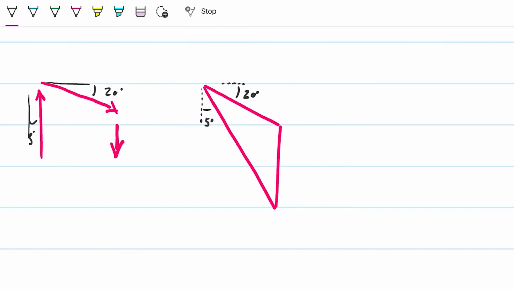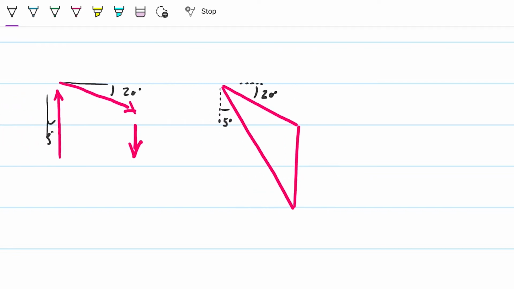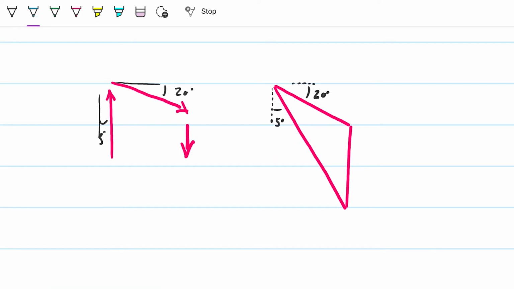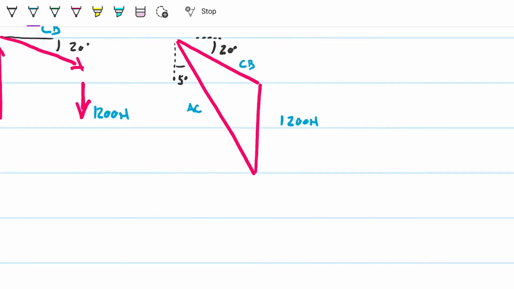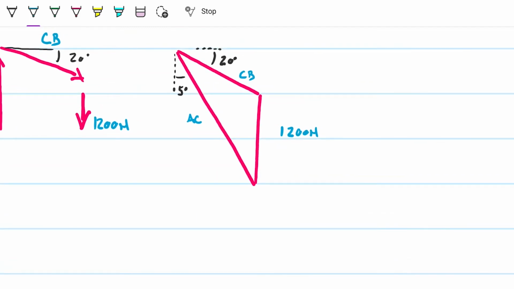Okay, and hopefully you'll see, and let me just label things before we start losing track of what's what. This is my AC, this is my CB, and this is my 1200 newtons. So this is 1200 newtons here. This is my CB here. This is my AC here. Okay, cool. So you know that the solving of this triangle is actually super easy compared to some other triangles